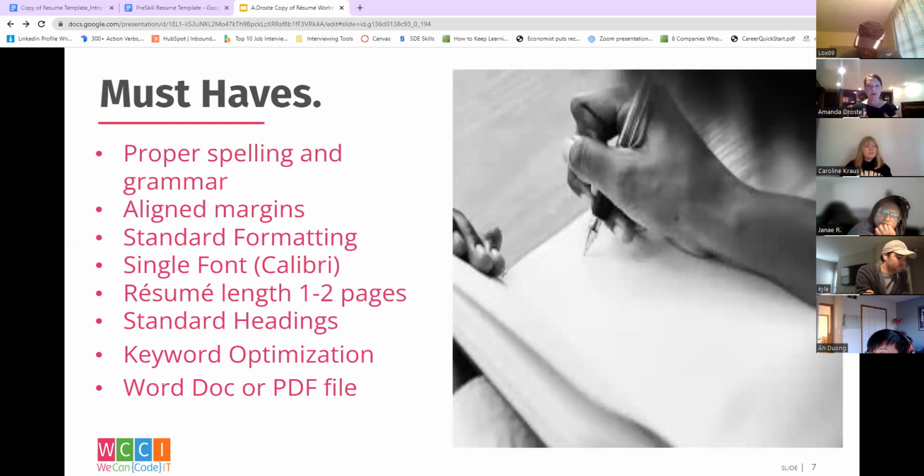Spell check is really good about catching all of those typos and misspellings, especially if you're using Microsoft Word or Google Docs. I'm going to pop something in the chat here. Oh, sorry. I've got multiple screens here, so now I'm wondering where things are popping up. I just put in the chat the website that I really love. It's called Grammarly, and there's a plugin that you can utilize, which is really wonderful for when you're filling out web documents or writing a paper on a